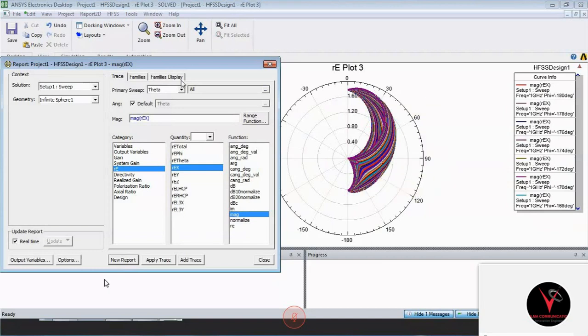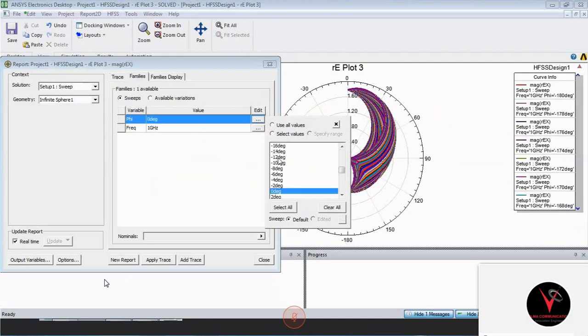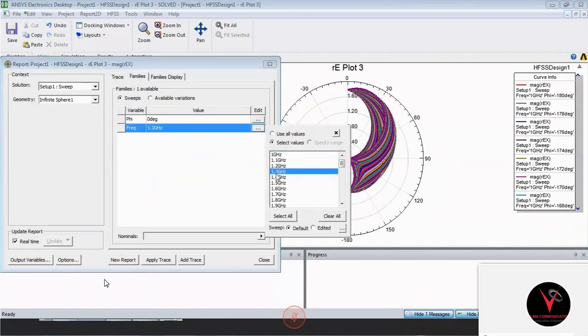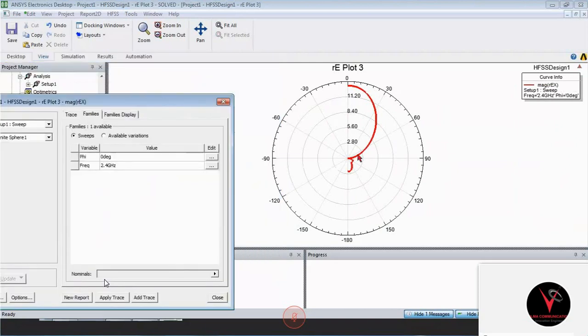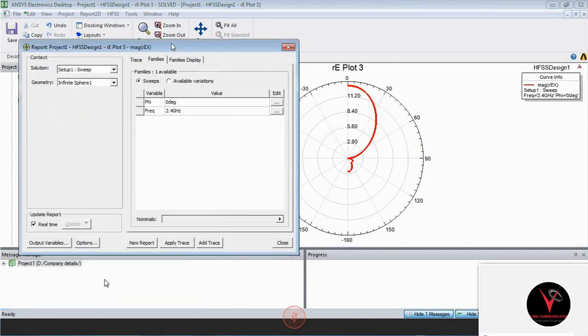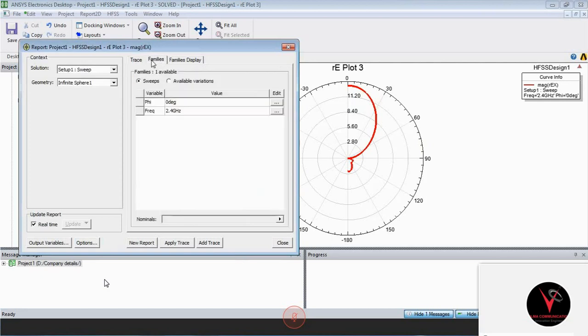That means the EX plane. You need to check whether it is a single axis, so select 0 degree, and our exact frequency is 2.45, so select 2.45. I'll apply the trace. That means for our EX, the unidirectional pattern has a maximum directive gain above 11.2 dB. So the antenna will work with maximum power transfer in that X direction. And again you go for Y, which means you select REY, and select magnitude here. Same given things.